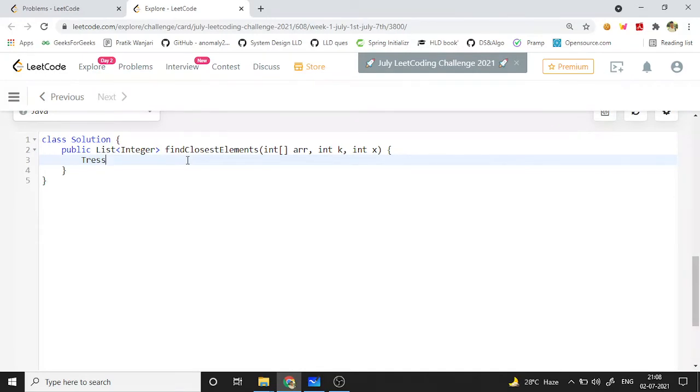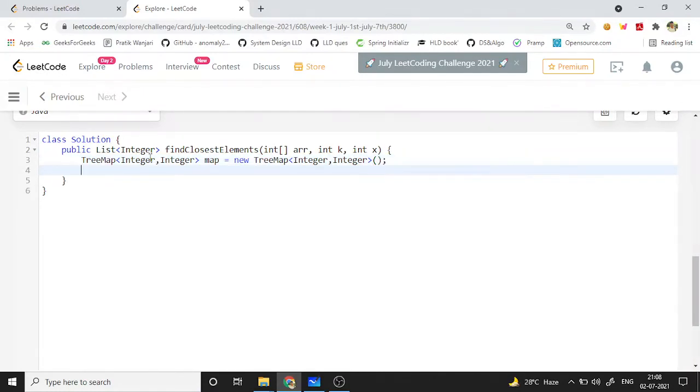पहले तो ट्री मैप बना लेंगे एक. सो दिस ट्री मैप, ये ट्री मैप स्टोर करेगा हमारा की वैल्यू पेयर को. सो ये स्टेप में अपन क्या कर रहे हैं, अपन वी आर पुटिंग ऑल द वैल्यूज फ्रॉम द array to the tree map. So this will take n log n time.